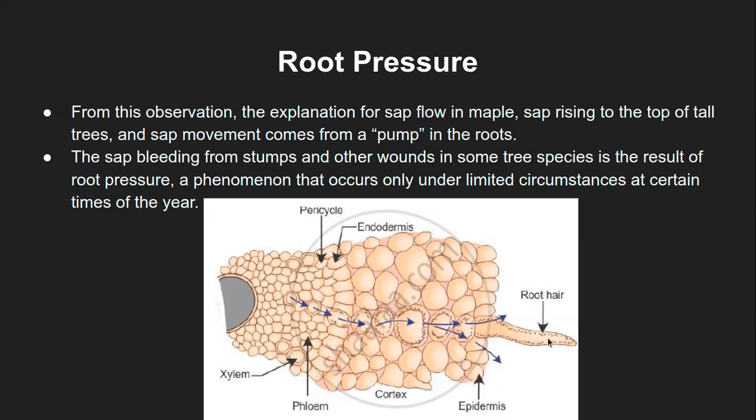So water will get absorbed by the root hair, it will cross the epidermis, then it will cross the cortex, and then it will enter. Whatever you see here are turgid cells. This root hair is turgid, this cell is turgid, this cell is turgid, this is also turgid, and the water is moving by osmosis in this direction. Then it will enter the xylem tissue, and it will be carried upward throughout the length of the plant. That is the movement of water because of the root pressure.